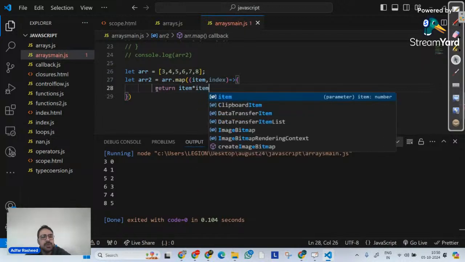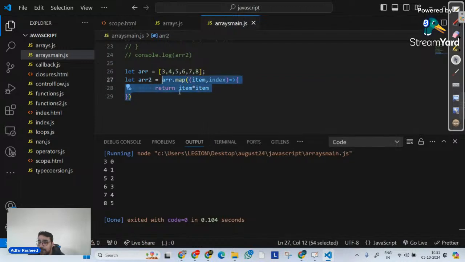But how does it actually work? As I said, map is a looping method. It is one of the easiest but most important methods as well. What do we mean by a looping method? It already knows where I have to start my loop and at what place I have to end my loop. So in the first iteration, it will take the 3, place it in item, and take the index of 3, place it in index.